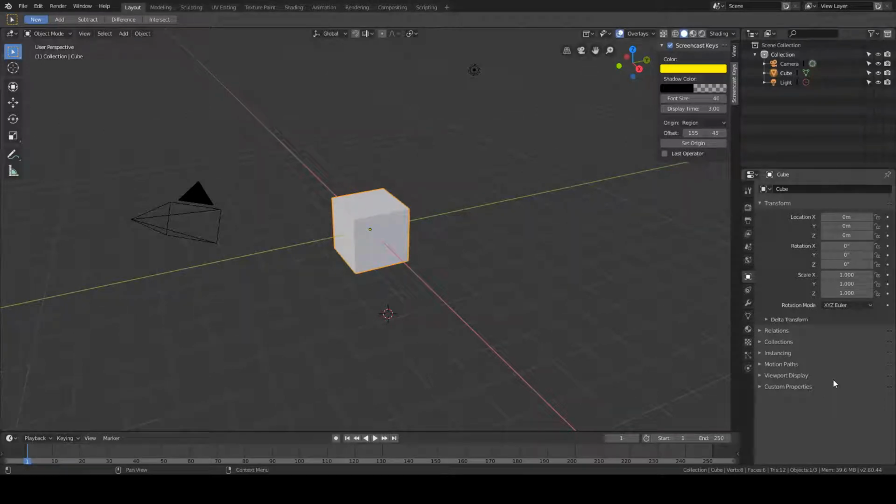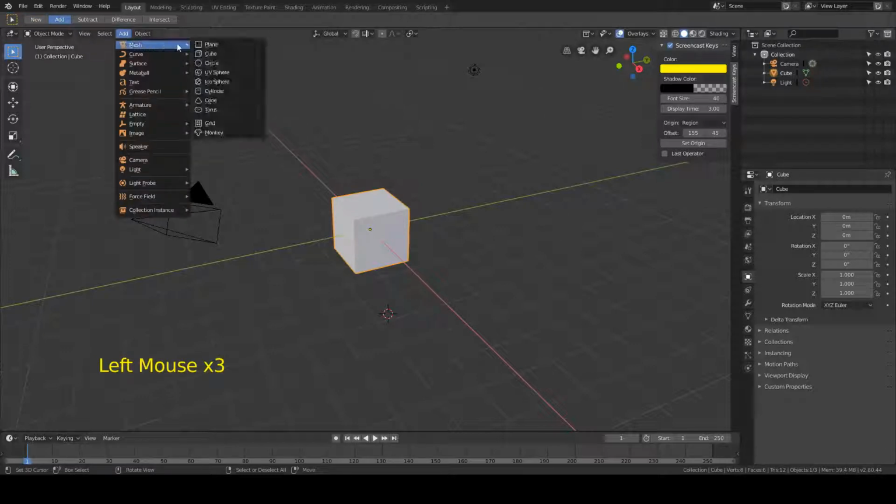This is video 3.2 of the Blender 2.8 course, how to add objects. Adding objects is done by either clicking on the top left corner where it says Add, here, where you can see you can add all these types of objects: meshes, curves, which are very different from meshes,